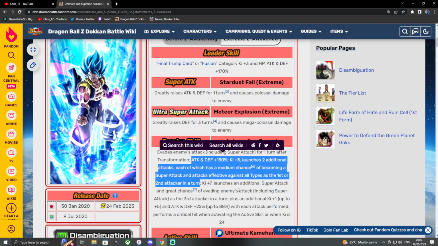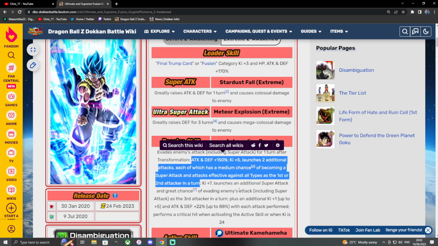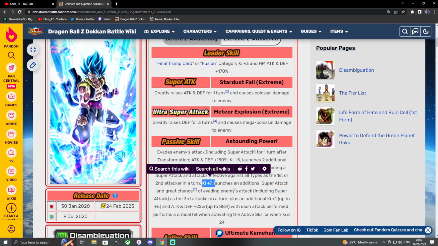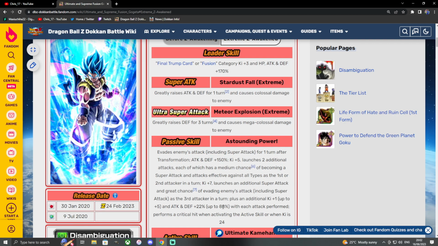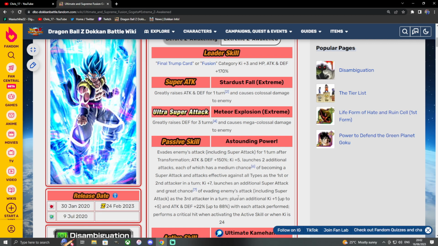VB overall, out of the 2 EZAs, is better overall, but again, the amount of damage Gogeta Blue can do, he's packing. He is indeed packing. He'll then get key plus 7, which is great, again, because of the LR, the consistency for the 18 key. He'll launch an additional super attack and have a 70% chance of evading an enemy's attack as the third attacker in a turn. He'll then have an additional key plus 1 up to 5 and attack and defense plus 22%